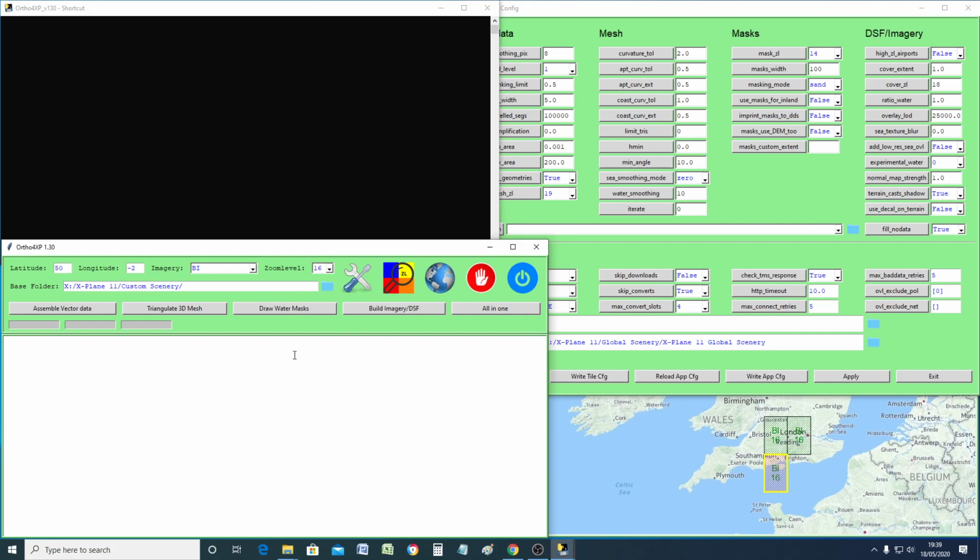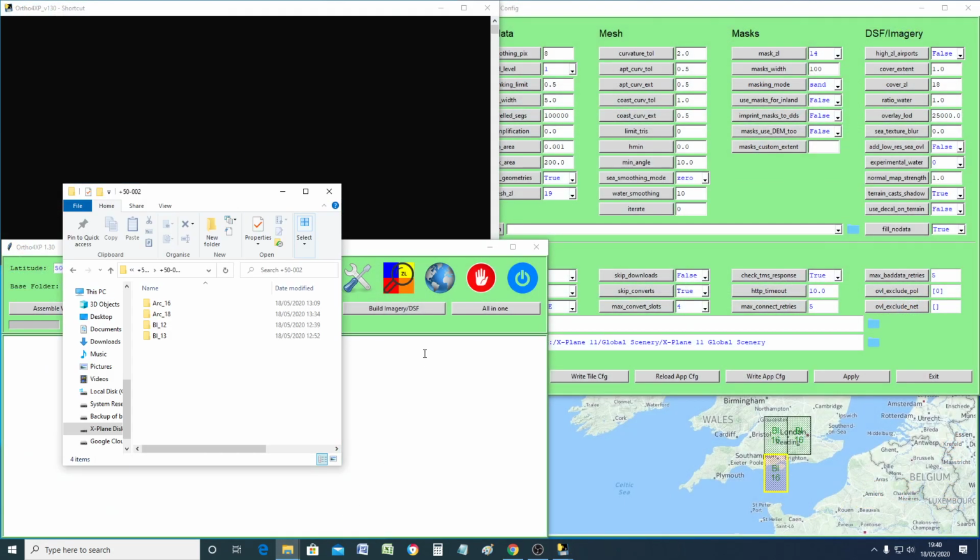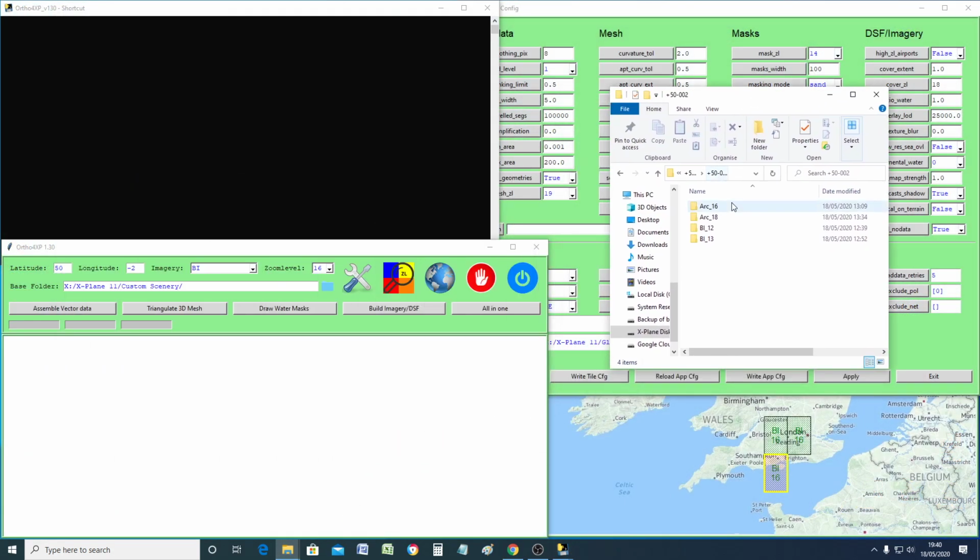So I want to just add to what we've already got going, because I can't seem to finish the file off, even though it says it's from Bing and it's at level 16. That's not true. This is what the file currently has inside it. So it has Bing level 12, level 13. It managed to complete that with no problems. And I want to add